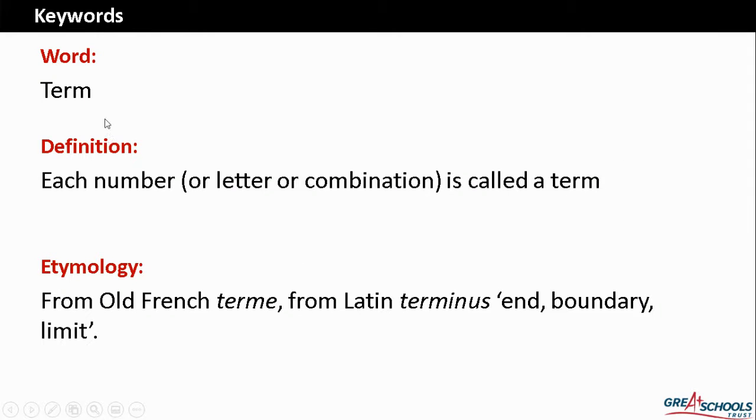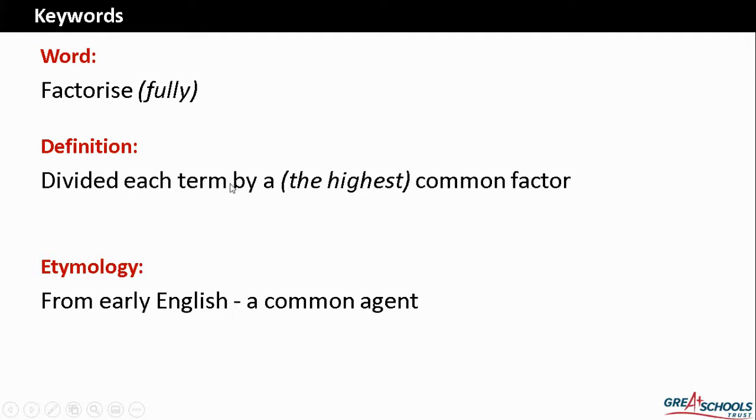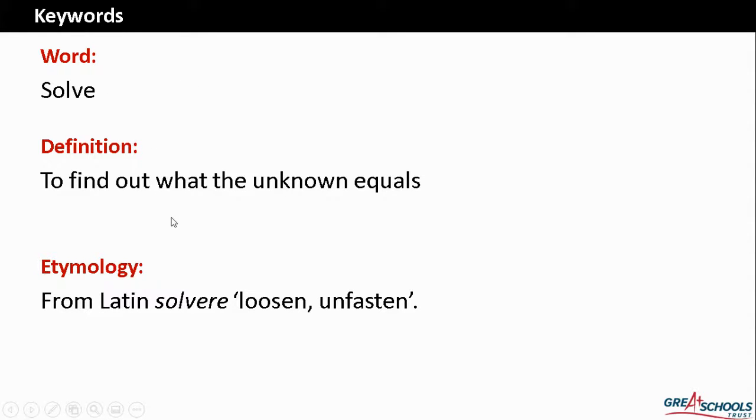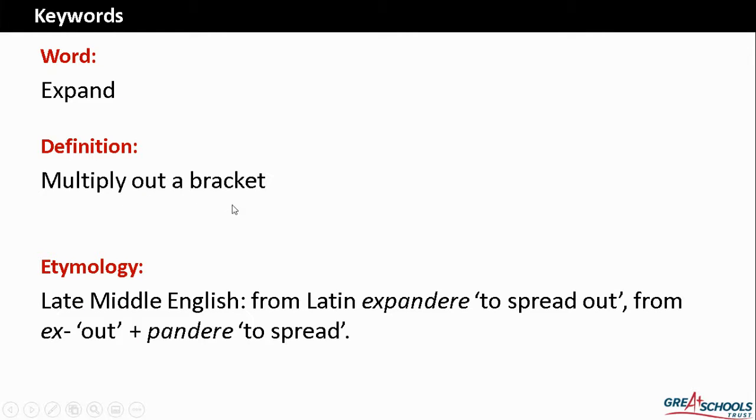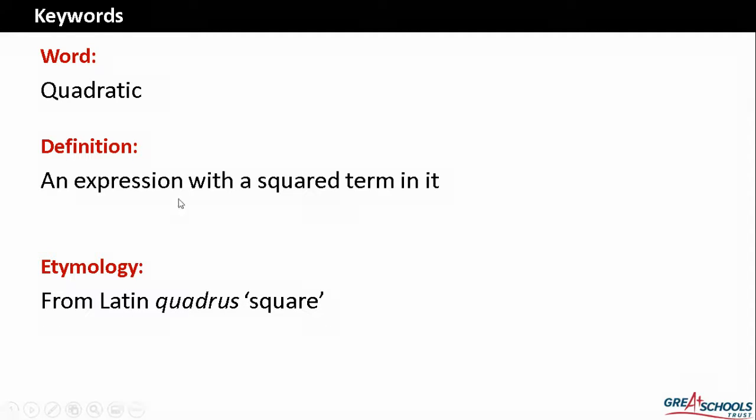A term, we should be okay with that. That's a number, a letter, a combination of a number and a letter, and several of them together makes an expression. Factorize is where we're taking an expression and removing or dividing by a common factor to put some brackets in. Solve is where we're looking for an answer to an unknown. Expand is where we've got a bracket or several brackets and we multiply them together to get rid of the brackets. Quadratic, and here we're looking at an expression which has a squared term in it. So what we'll be looking at primarily or mostly is x squared,